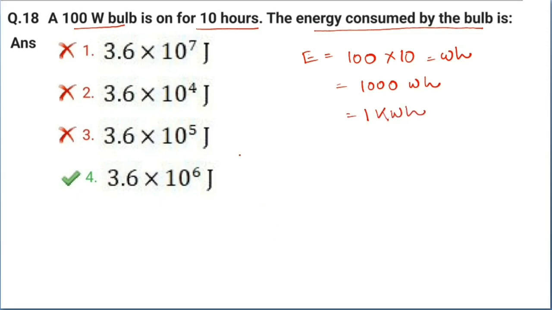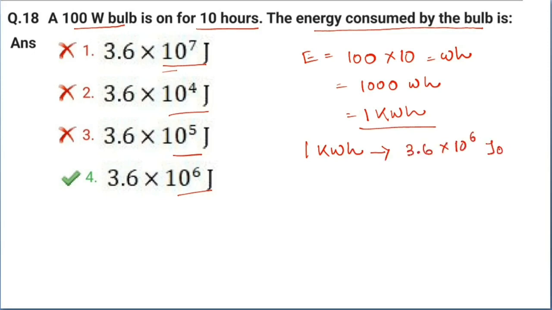Okay, but in the options, all the options are given in joule. So if we convert 1 kilowatt hour, it gives us 3.6 into 10 to the power 6 joule. Okay, so this is very easy. You can calculate this, how to find out the value of 1 kilowatt hour in joule. Okay, next